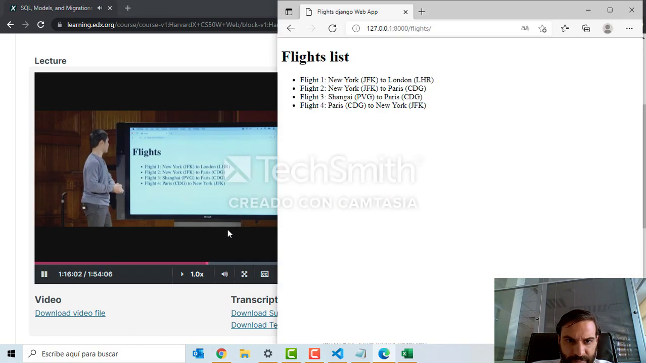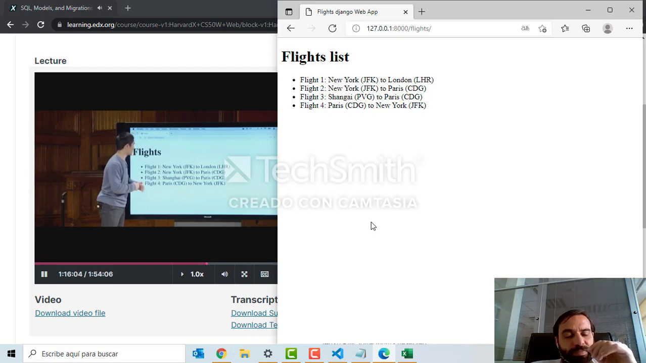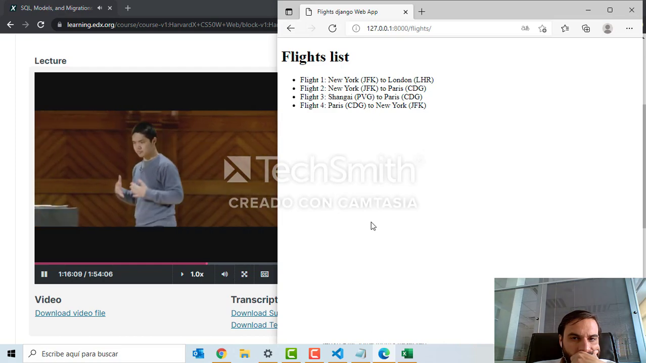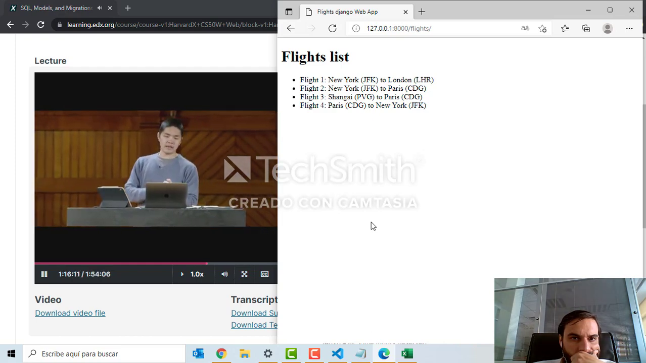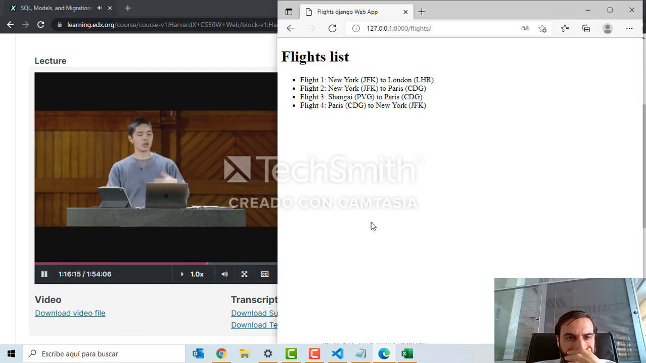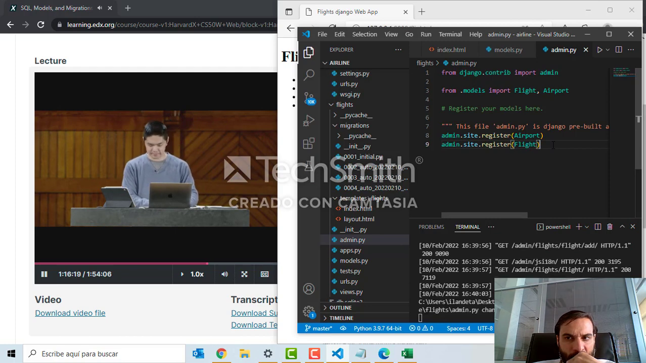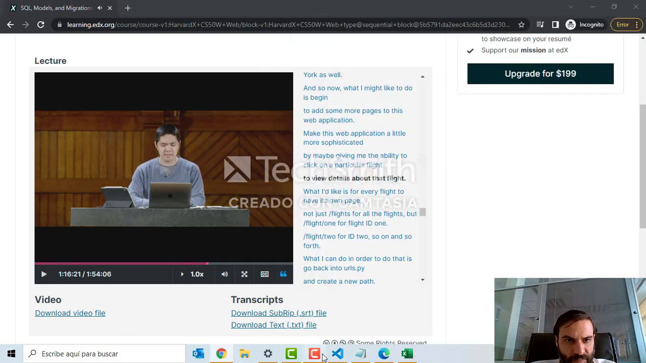So I added them to the admin interface, and now I see this flight from Shanghai to Paris. I see this flight from Paris to New York as well. And so now what I might like to do is begin to add some more pages to this web application. Make this web application a little more sophisticated by maybe giving me the ability to click on a particular flight to view